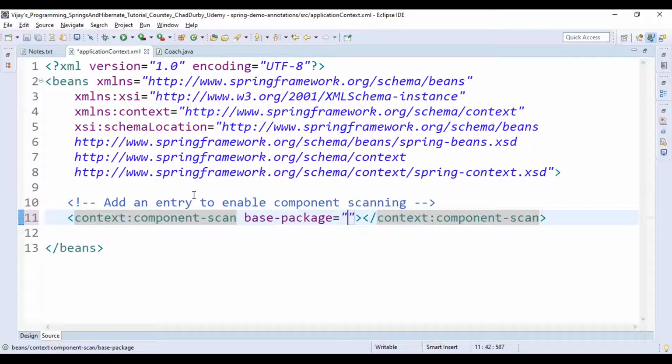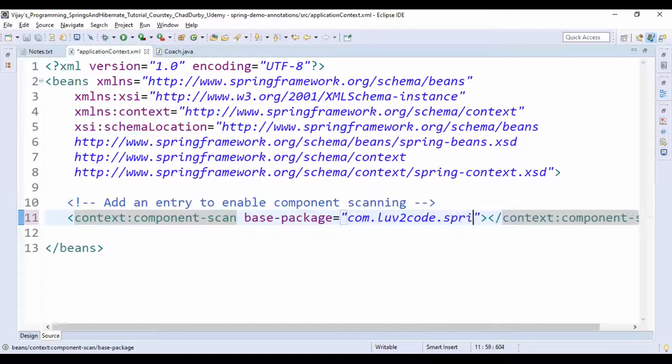The package name is com dot luv2code dot springdemo. This is the package that we are working on, and I'm just closing this element by using forward slash, and we don't need this ending tag here.